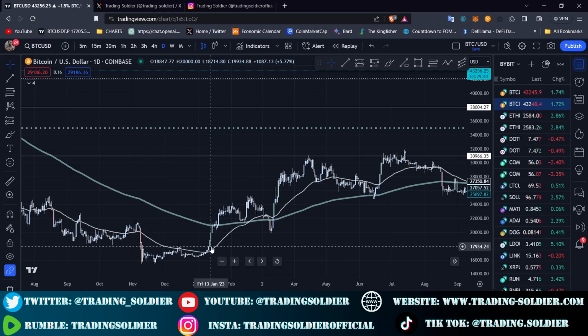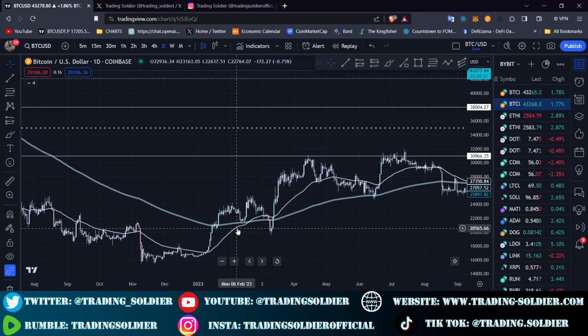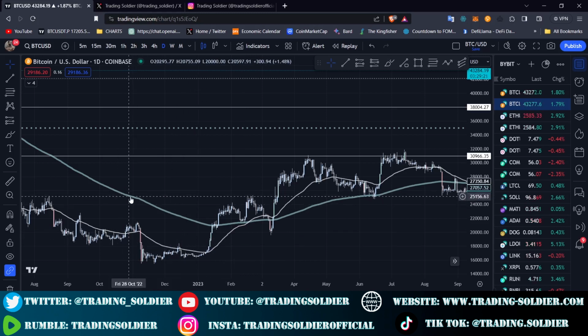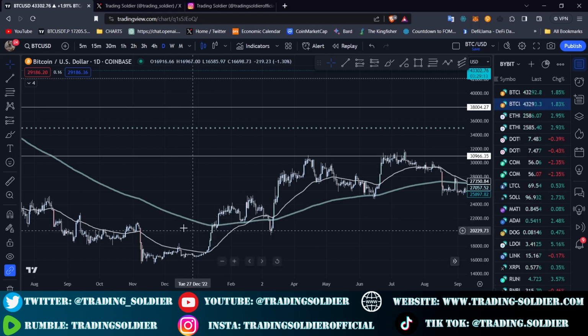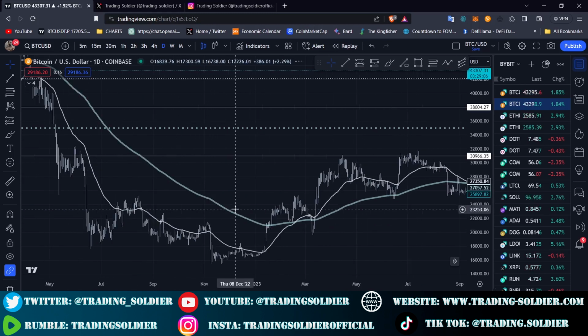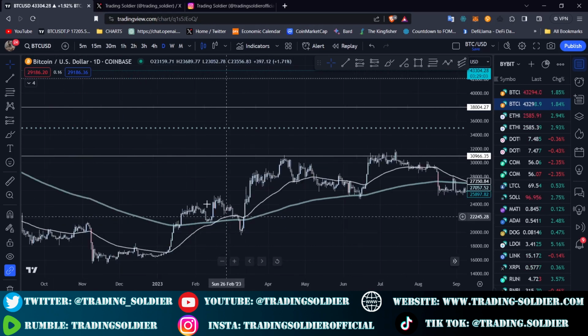The objective is to calculate the 50-period, which is the 50 candles before this point that we are drawing right now, and simplify all the volatility and all the price action, all the noise from the market. In the same way, the 200 EMA takes into account the 200 candles before the point. For example, if we take this point, it takes the 200 candles that were printed before, calculates an average